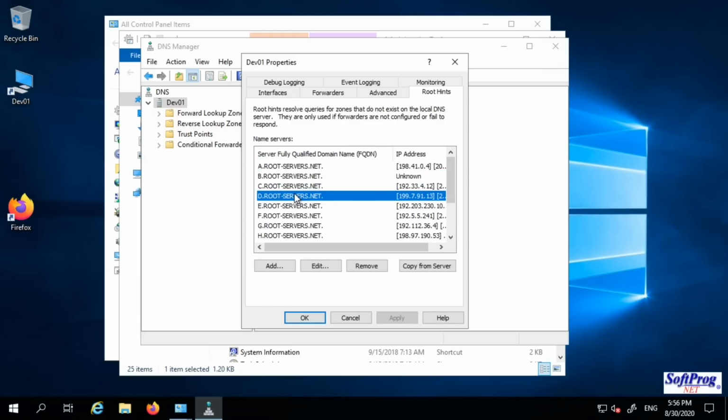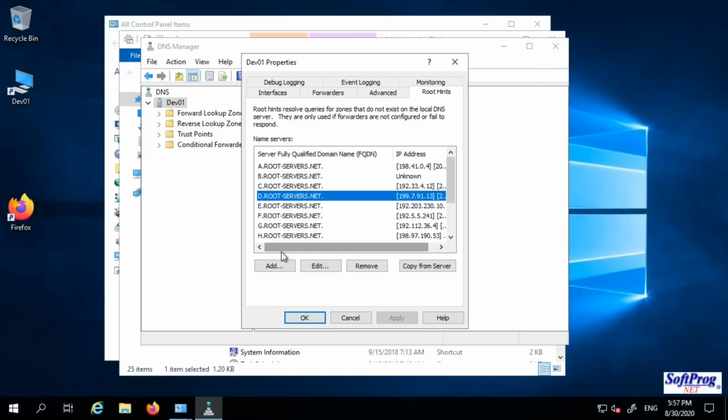So for example, this might be an edge router, a server, or you might have another DNS server already on the network, pointing to a specific network which is separate, or you're creating another DNS server for another purpose, and this DNS server is limited purpose, but you want to be able to look up the other DNS servers on your network. Or if you've got another DNS server on a different network, you might